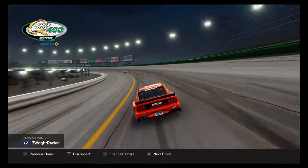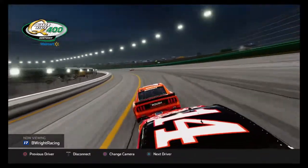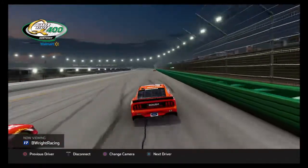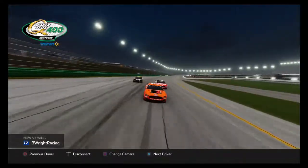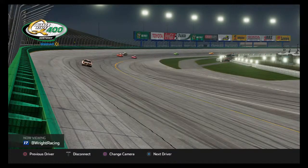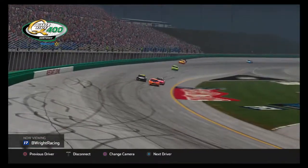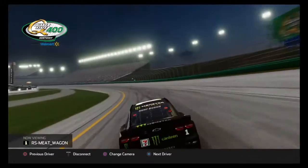It sucks to see drivers like the 19, the 1, the 51 all have problems, because they were all fast and they could be up here as well. But should another caution come out, nothing's guaranteed. The 14 does look low here, which opens the door for the 88, and the 88 is going to take the top side. The 38 is a lap down car, and I do believe he is P13 right now. There is the 1 of Xander making his own...